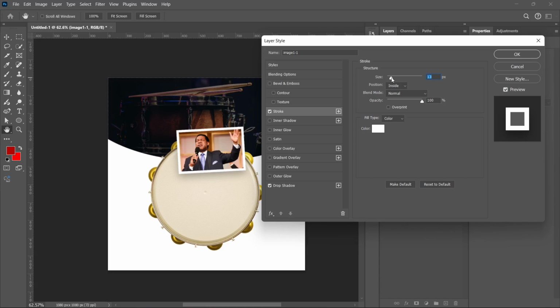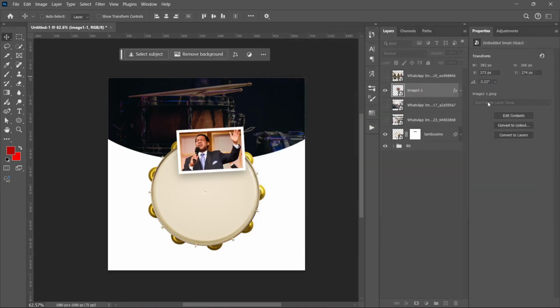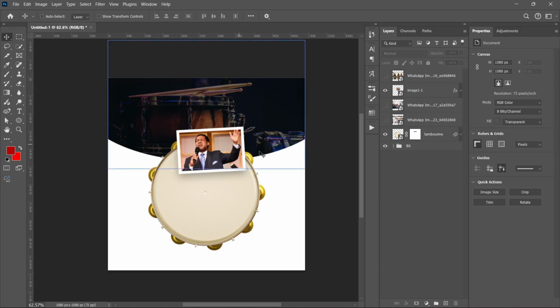I'm going to reduce the stroke, I think 13. Okay, let me try 15. Okay, I'm going to leave it at 15. So the reason I added a stroke is to create this sort of frame, this frame vibe, you know. I don't know if you get what I'm saying, but